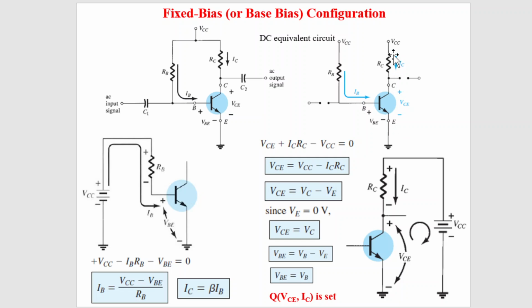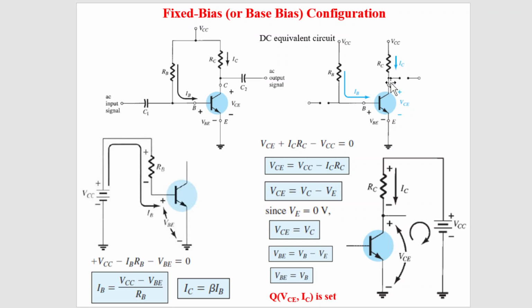Now if you see the other junction, that is the base collector junction, the collector base junction. With respect to base, the collector should be positive because it is NPN. If the N type collector is connected with the positive terminal of the battery, then this base collector junction will be reverse biased. You see here, plus VCC means the N type semiconductor is connected with the positive terminal, so this is reverse bias.